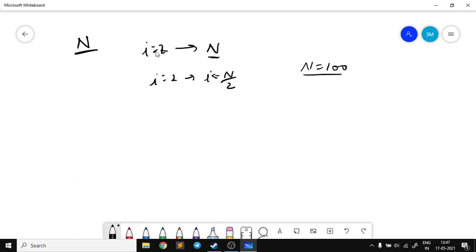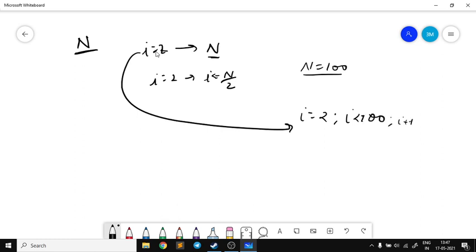In the first case, I will be iterating from i equal to 2 till i less than 100, right, till 99, and check whether it is divisible by any of these numbers or not. But what if I iterate till n by 2, that is i less than or equal to 100 by 2? It will come out to be 50.